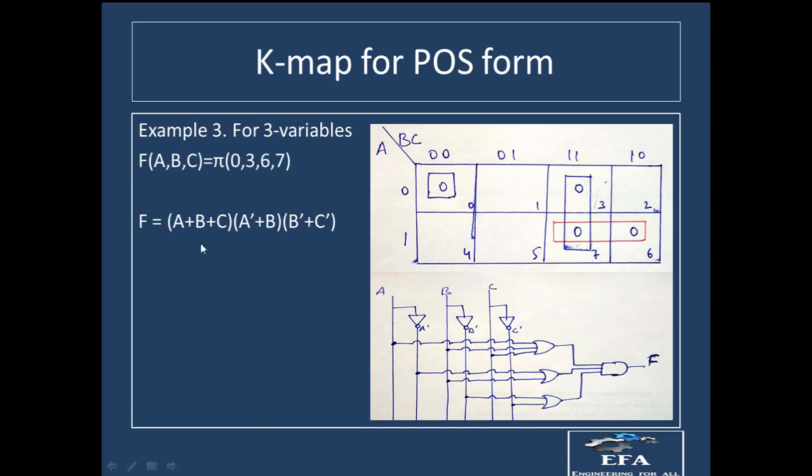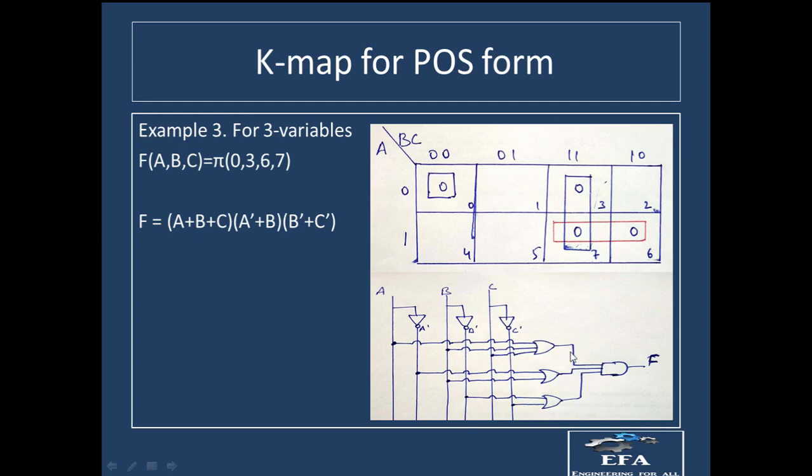And after that, for the first one we are having A plus B plus C. So A plus B plus C will be taken from the single OR gate. So this is the OR gate which is having three inputs. So A is given from here, B is from here, and C is given from here. So at this position we will be having A plus B plus C. At the second OR gate, we will be having A complement plus B, which is the second term, you can see over here. And at the third OR gate we will be having B complement plus C complement.